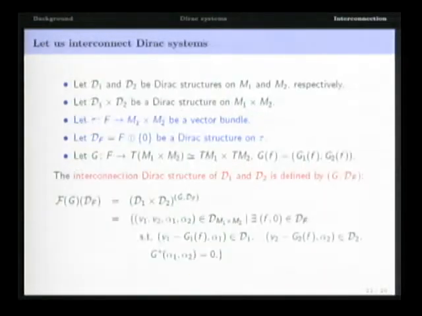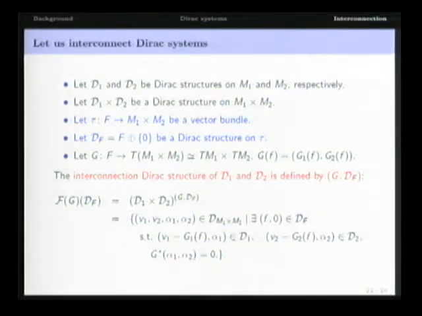Okay? So now the idea is to use that to do the interconnection. So we have two Dirac structures defined on different manifolds, M1 and M2. That could be different, or they could be the same. And then we take the Dirac product of the two Dirac structures that now are defined here on M1 times M2. And now is where we're going to use this notion of Dirac structure on a vector bundle. We have here this vector bundle with base manifold M1 times M2. And then we introduce this Dirac structure, the one carrying information about how we're going to interconnect